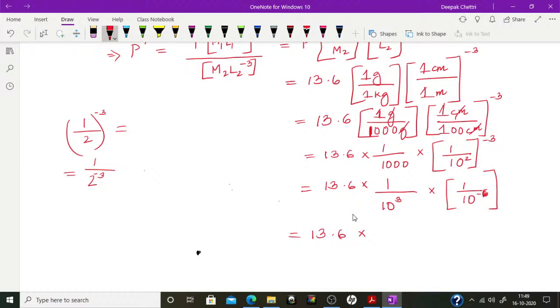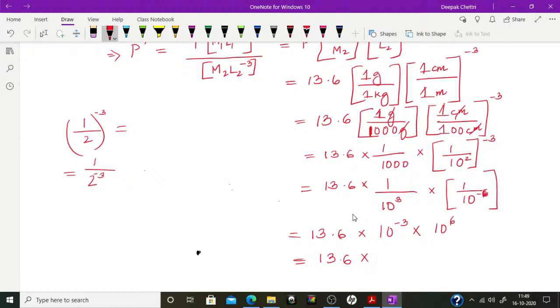into, now if I want to bring all the powers of 10 to the numerator, that means above, right. So this is plus 3, 10 to the power plus 3. So if it comes up, it will become minus. So 10 to the power minus 3. Now look here, this one 10 to the power minus 6. So if it comes up, the sign will change and it will become plus 6, right. So answer will be